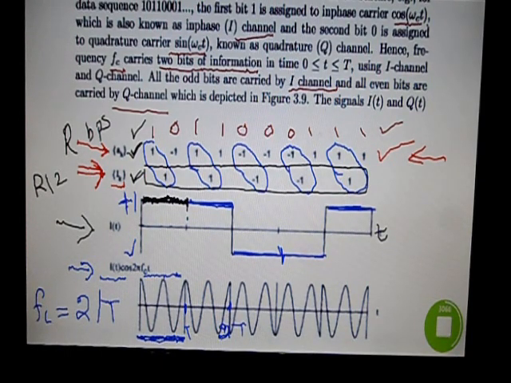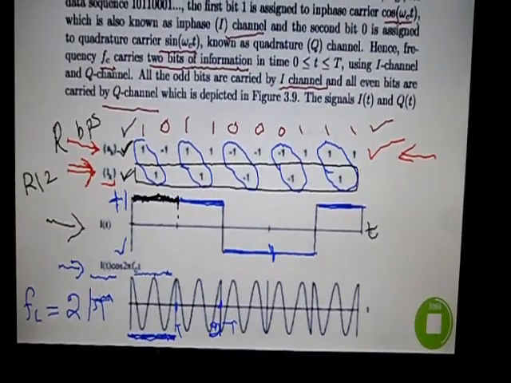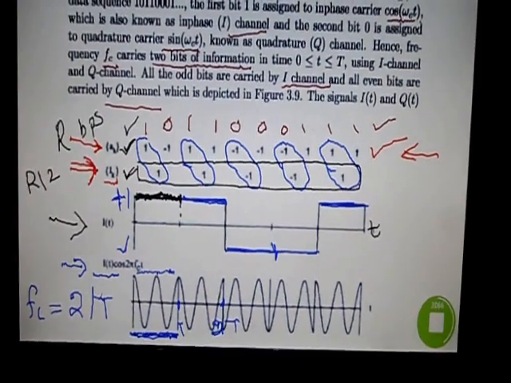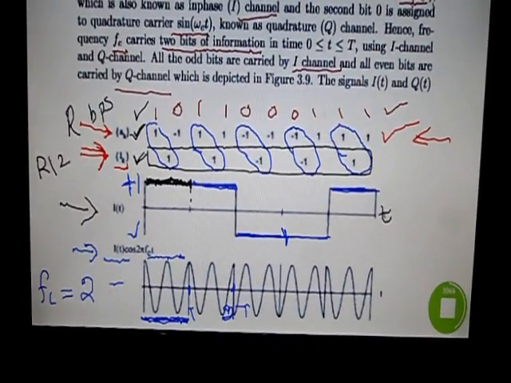So in one time interval we have 2 cycles, so our fc is 2 cycles per time interval, that is, 2 over t. So the product I of t multiplied by cos of 2 pi f ct